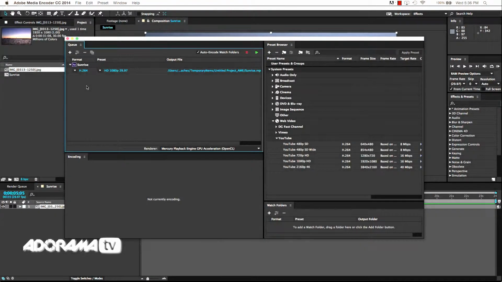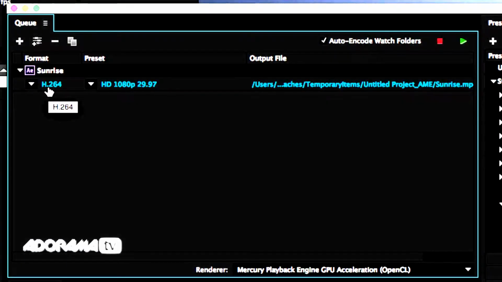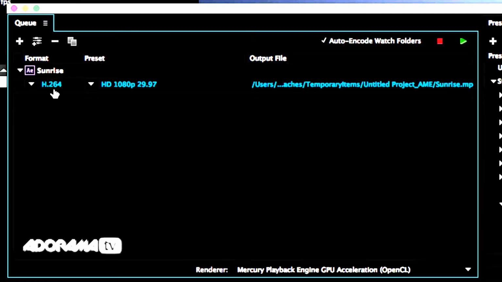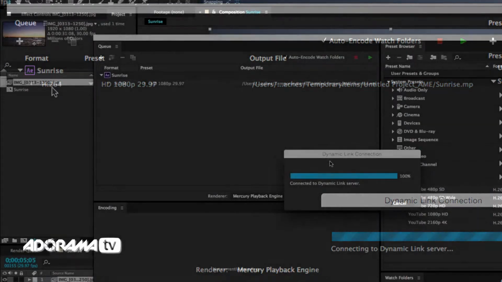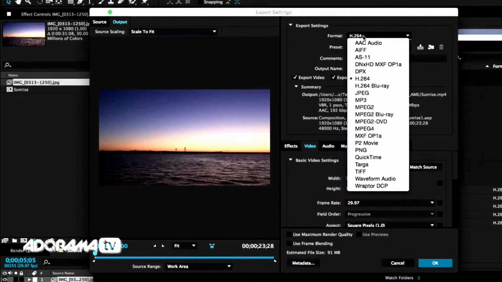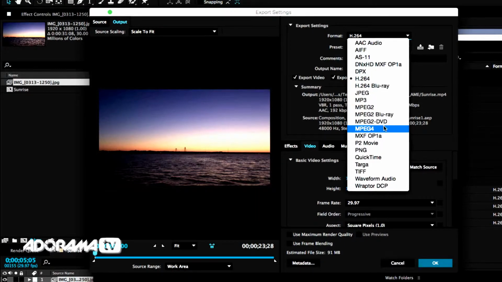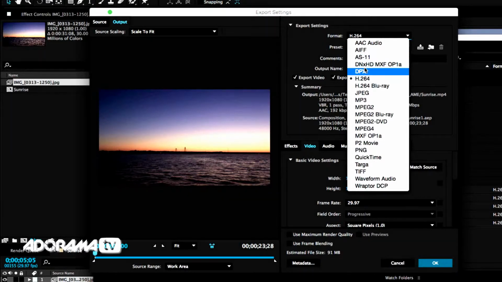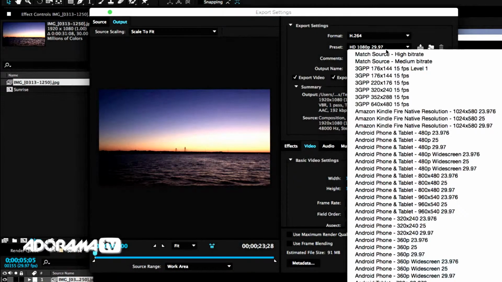So here it is. Now what we can do here on the left-hand side, we can choose the type of file we want. Now I want an H.264 file because I want to put this on the web, but you can change that by clicking the Adobe Dynamic Link Server. You don't have to know what that is, but then you get all these other formats. You can do this as H.264 or MPEG-2 or 4 or QuickTime or PNG or TIFF or Targa or however you want to slice it, you can do that. If you don't know what any of those things are, just stick with H.264